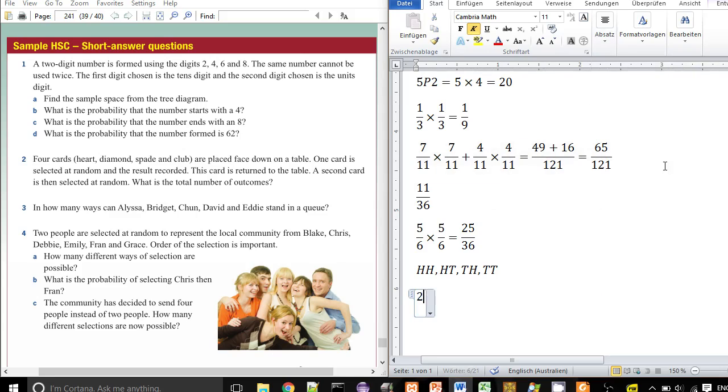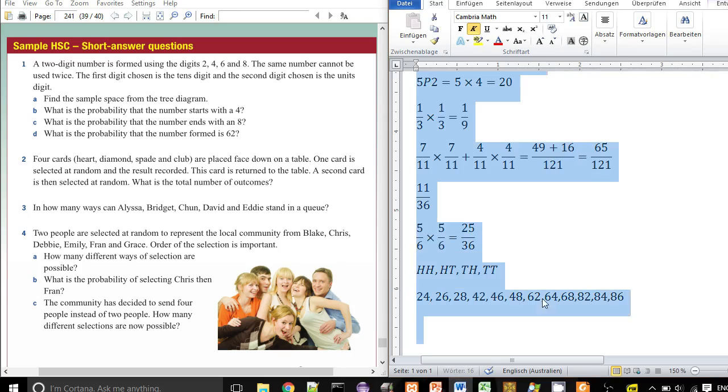You could start with a 2, and then the next digit could be a 4, or a 6, or an 8. You could start with a 4, and then get 42, 46, 48. In fact, I know how many in total. There's 4 digits, so we've got 4 choices, and then another 3 choices for the second digit. 4 times 3 is 12. Should be 12. 62, 64, 68, 82, 84,